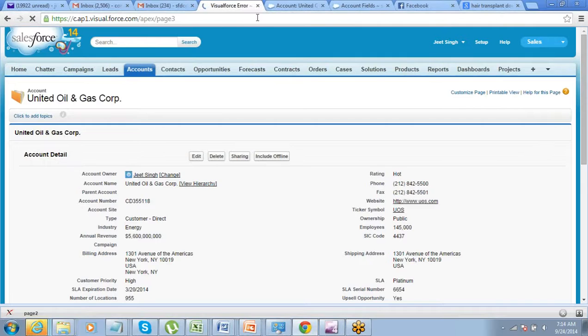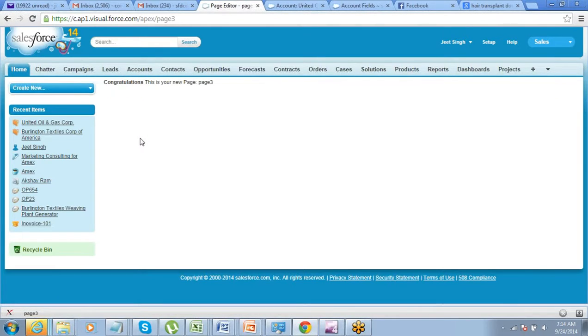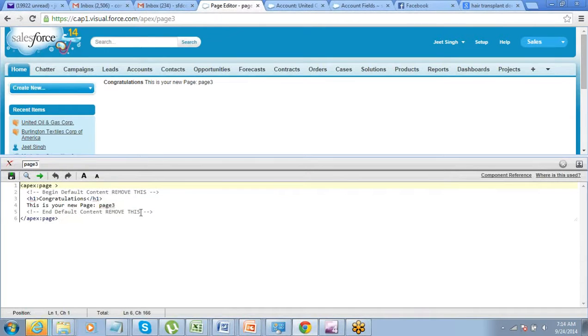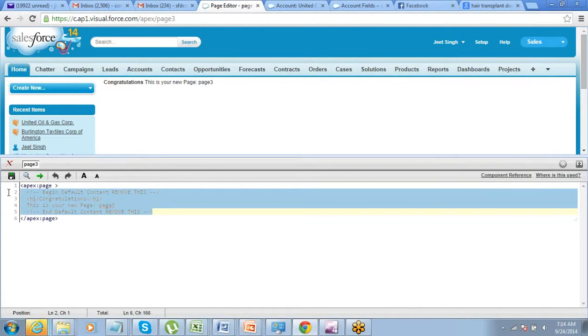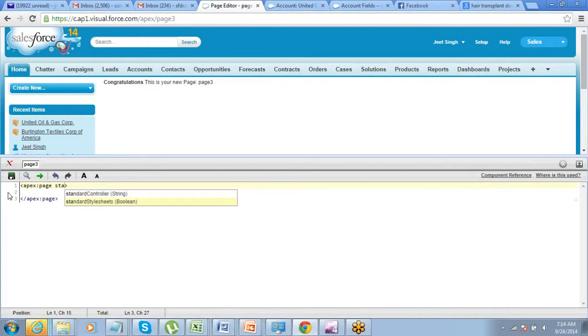So let me create a page, a third page for standard list controller. Click on create page. For a standard list controller, there are two things you have to do.